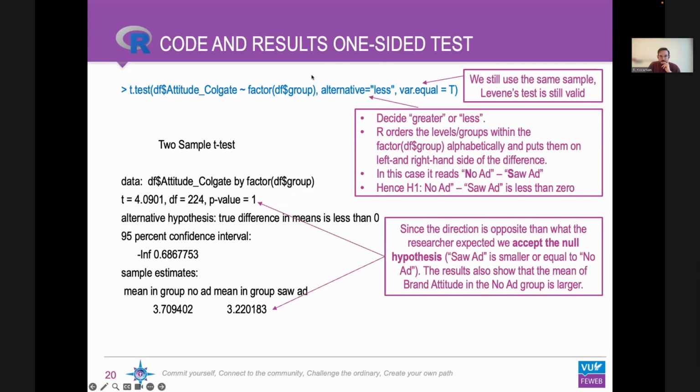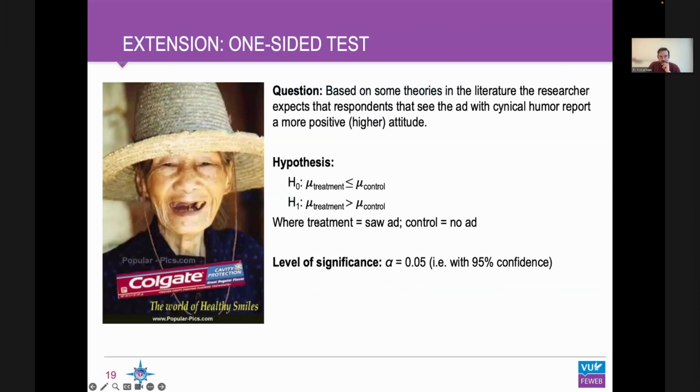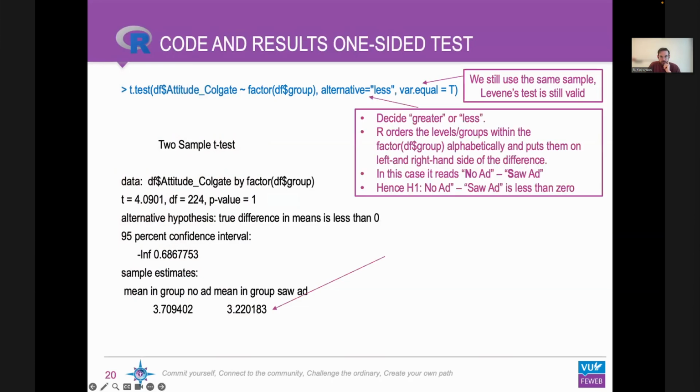Then the important, critical part in a one-sided test is that we specify this alternative argument here. And in this case, we say less. Remember that alternative is equivalent to the alternative hypothesis, and our alternative hypothesis was that mu treatment is greater than mu control. But the way this works in R,